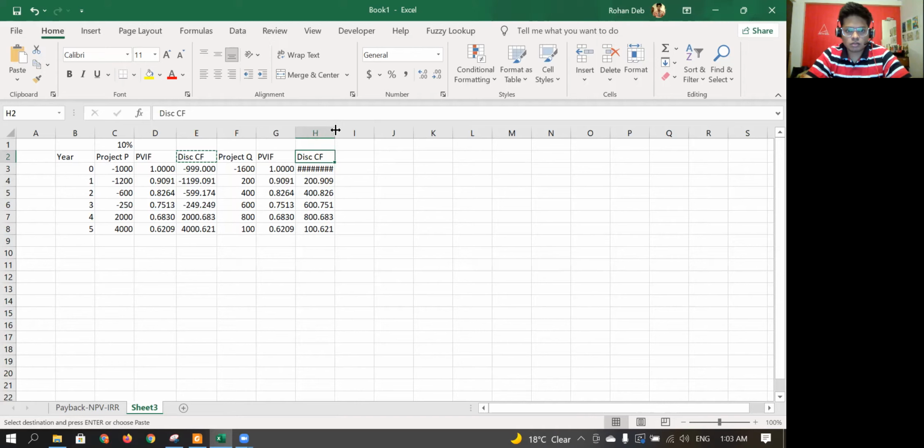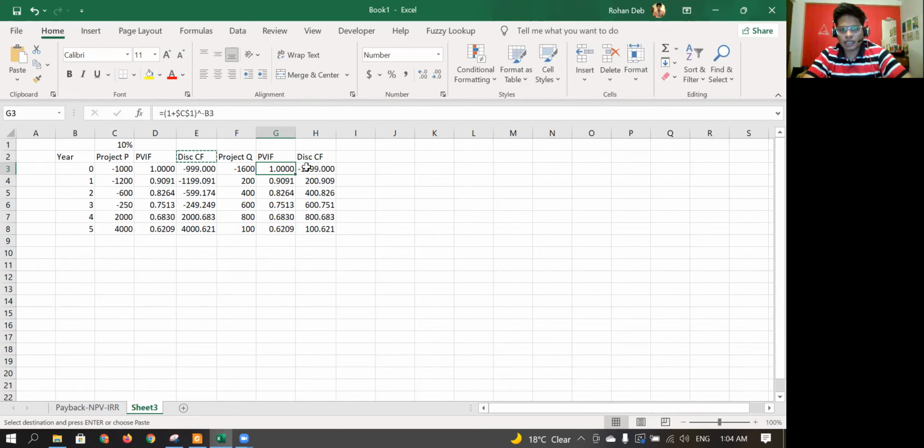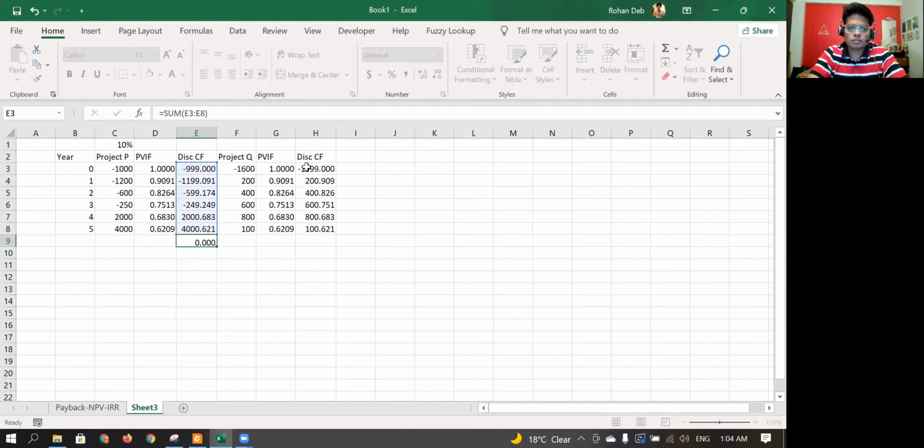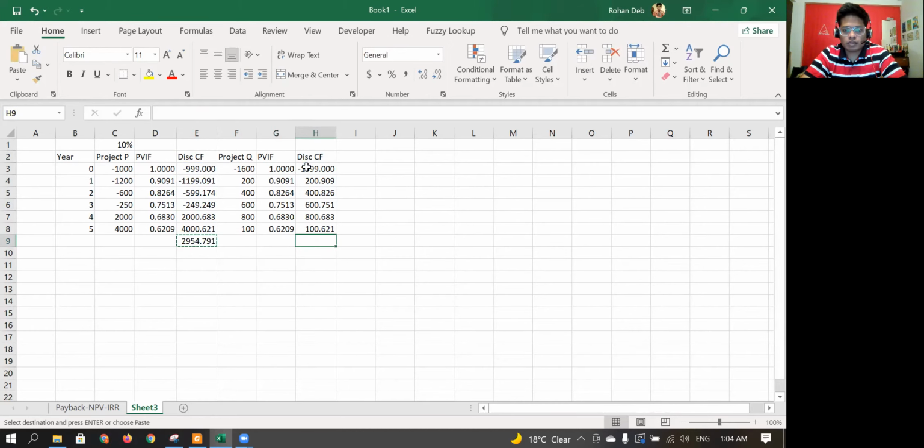Okay, so it says 1599, but it's a negligible difference, so don't worry about that. Now you can just take the sum of this, Alt equals, then we'll get the NPV. Because we have taken both the cash inflow and outflow in the same table, we'll directly get the NPV.